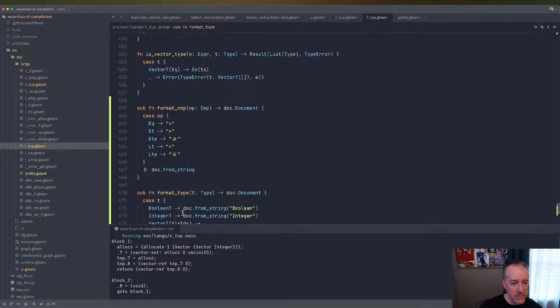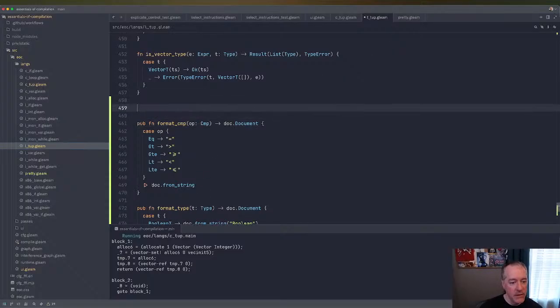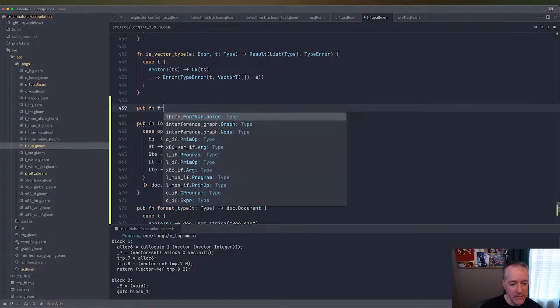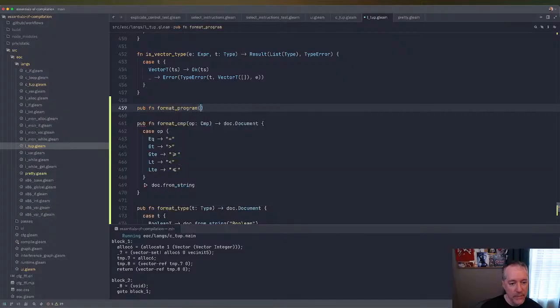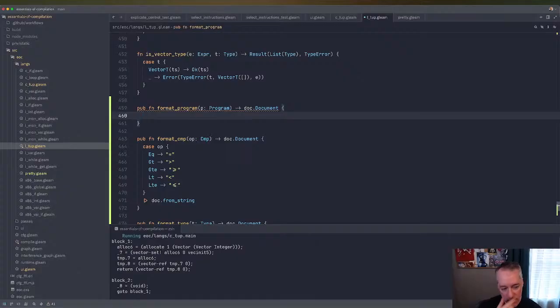We have these two functions that we exported so that we could use them from elsewhere. Let's go ahead and make a format program. And that'll be our program, and it's going to return a document. And we'll go through this for this language, and then we can probably copy paste into the